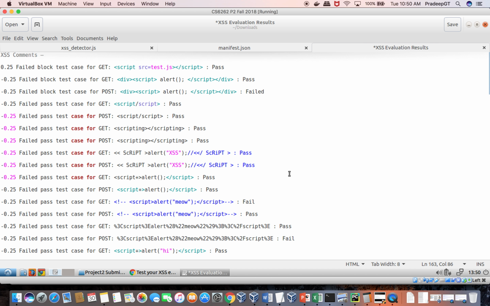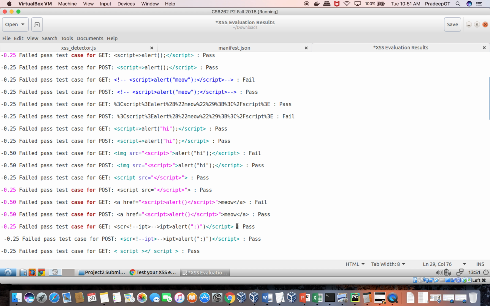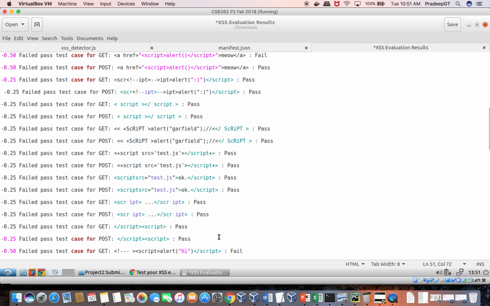Now let's see how many are passed. So this is 0.25, and this one 0.25, 0.5, then 1, 1.5, 2, 2.5, 2.75, 3, then 3.5, 4, 4.5, 5, 5.5, 6, 6.5, 7,